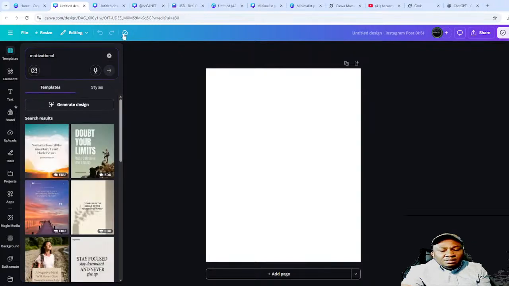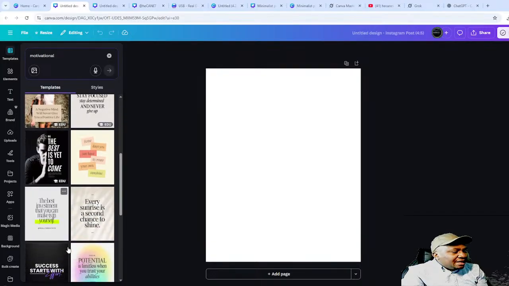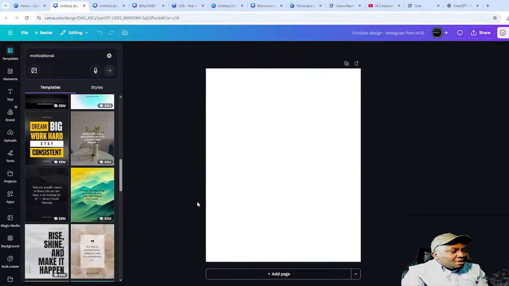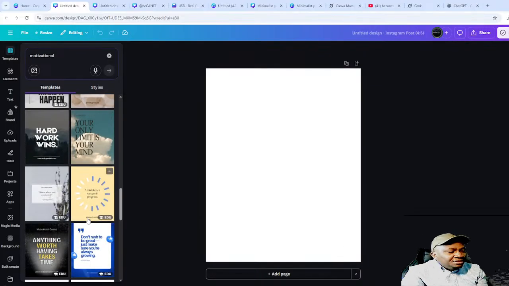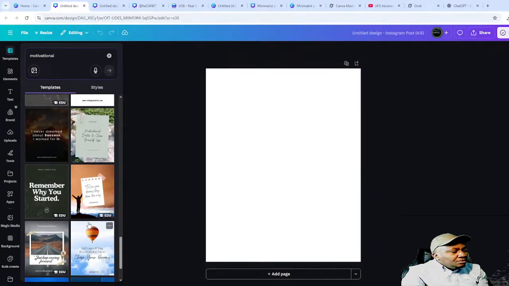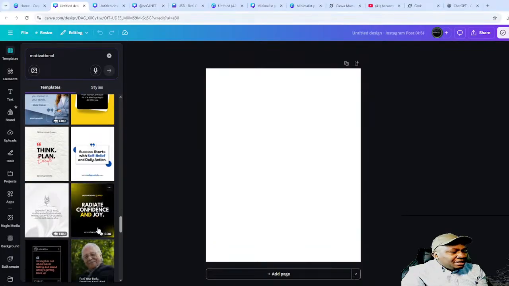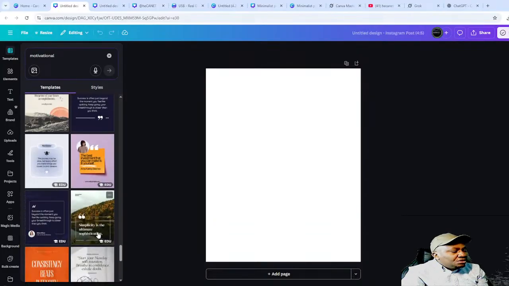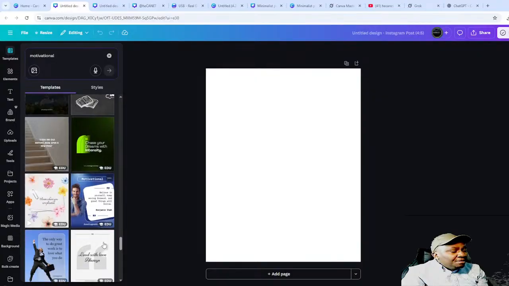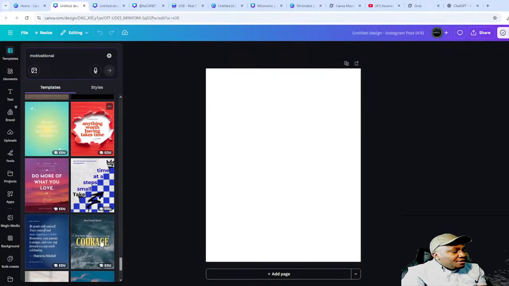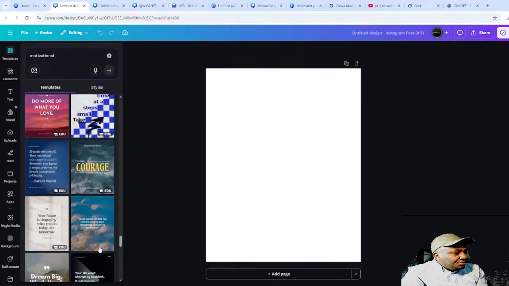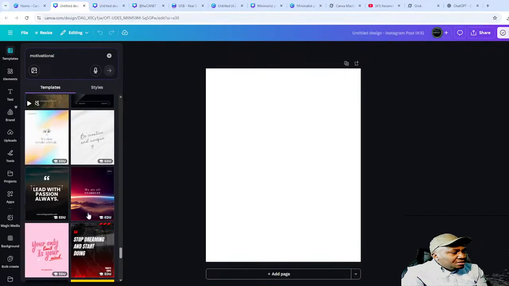This is gonna be inspirational to you, so you look around and see what you like and just click on it, and it goes on your page. If you don't like it, you design your own. Initially I just scrolled through and I saw something that stuck with me and I picked it. So I'm gonna reuse the same one, but I'll show you how you can do yours as well. I see courage and I like courage. But let's see